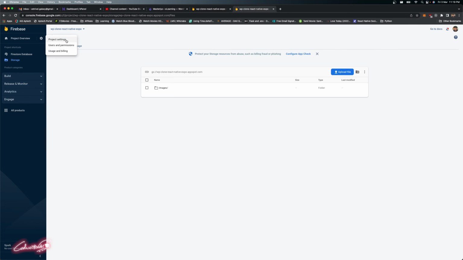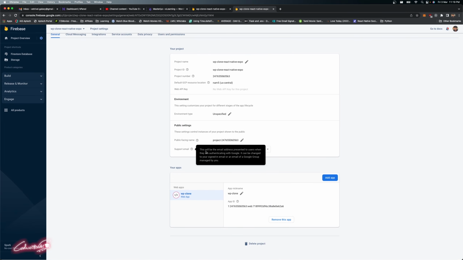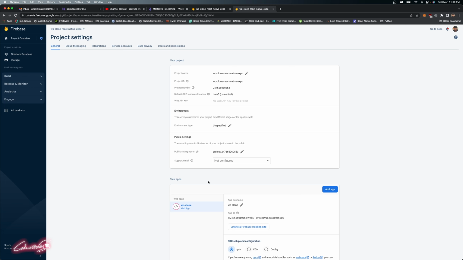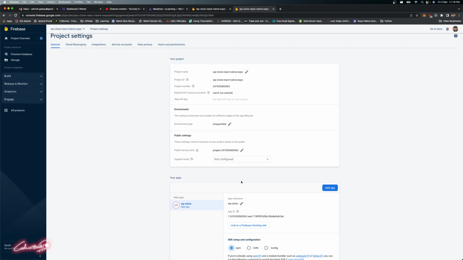So go to the project settings, and there it will show you 3 different options for your Android, iOS or web app. You have to click the web app. Okay, so what I need to do is